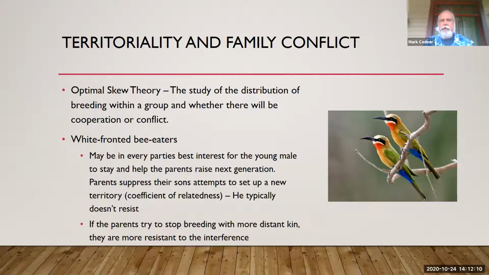And what they found out with these guys is the parents will actually discourage others from breeding around them, which often might limit how much others take food, things like that. But they will also discourage their own offspring, because these guys are helpers. So their offspring from the season before, if they try to set up their own nest, the parents tend to try to discourage that. And then the young will help.